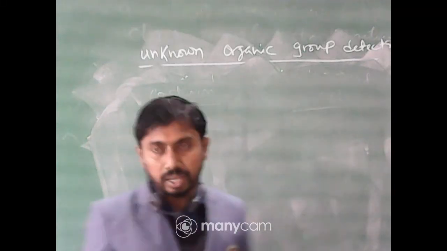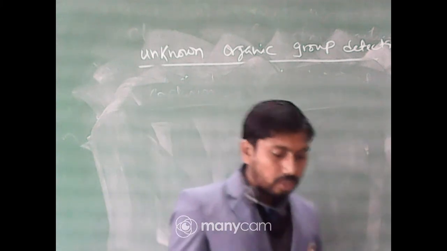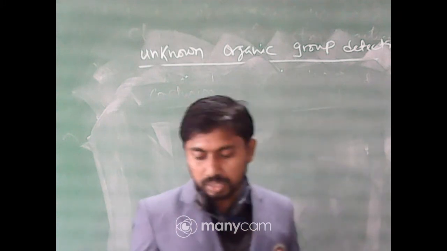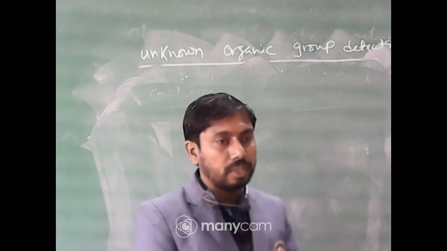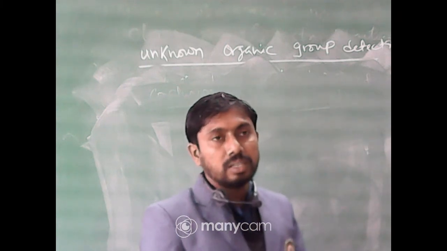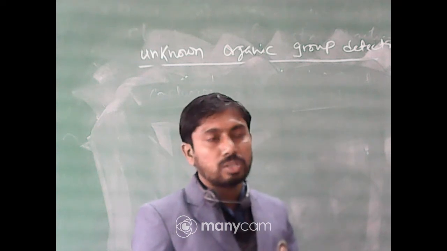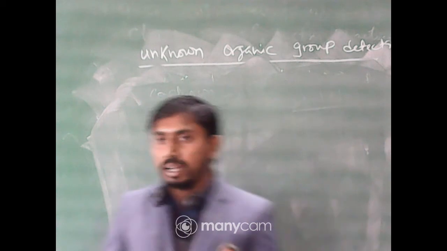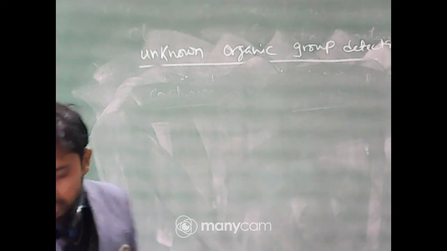So, the distinguishing test between aldehyde and ketone will be shown today. Now, the theoretical part is that aldehyde and ketone both respond to the general test, that is the 2,4-DNP test, and what is the distinguishing test? First of all, the Fehling's, the Tollen's, and other than Fehling and Tollen there is also another test, that is the SHIP reagent or SHIP test.